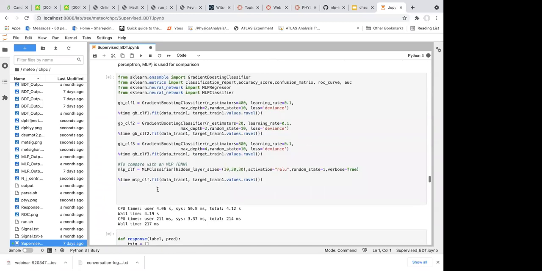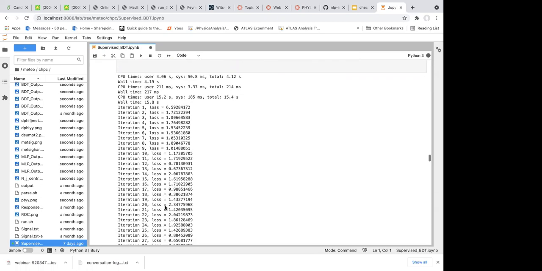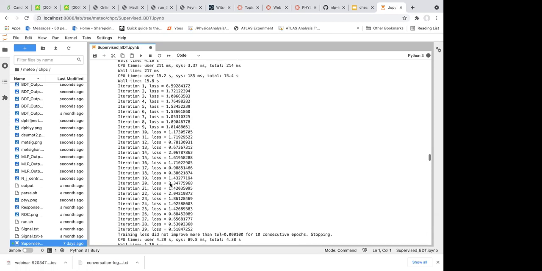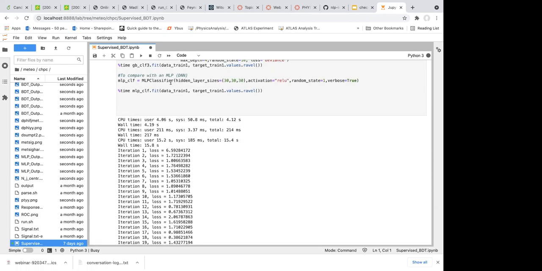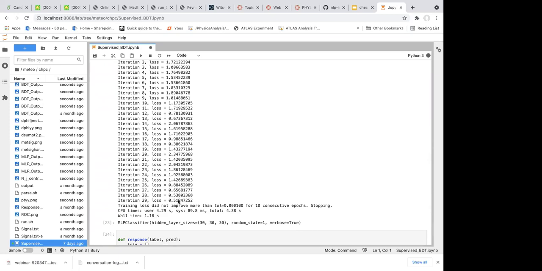I think this part is running because it's telling you the CPU time. Last time we mentioned that the first 2 lines show the CPU time used for the first method, the second block is the second method, and this is the third method. This long list, iteration from 1 to 29, shows the iterations to train the DNN, and the loss is the value of the loss function, which has to get smaller, and finally it stops somewhere. It takes some time, so you can compare how much time it takes.